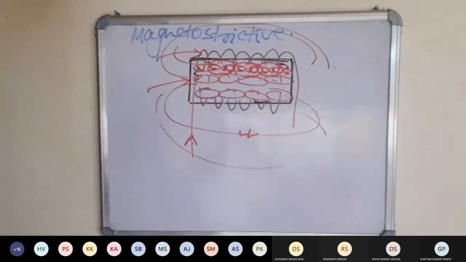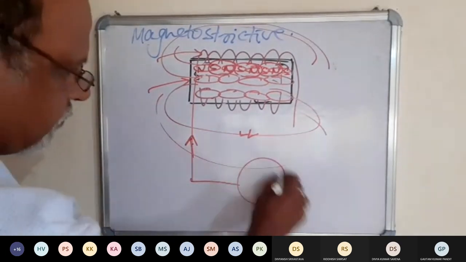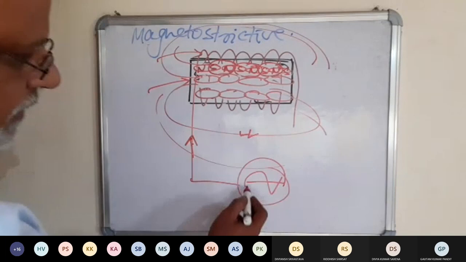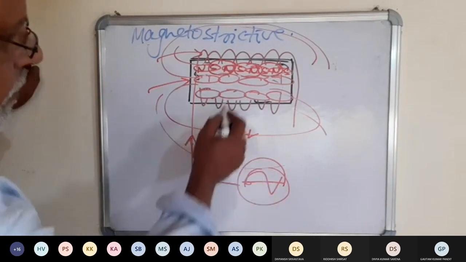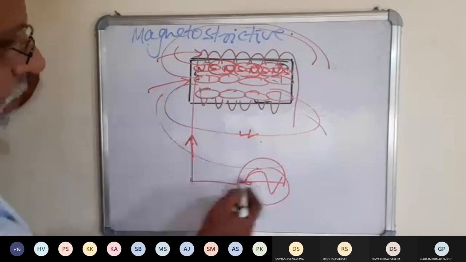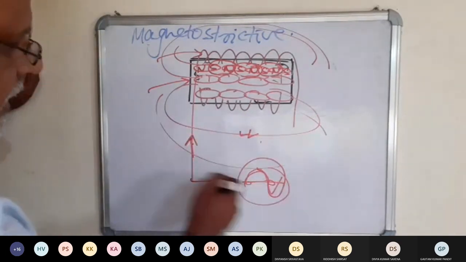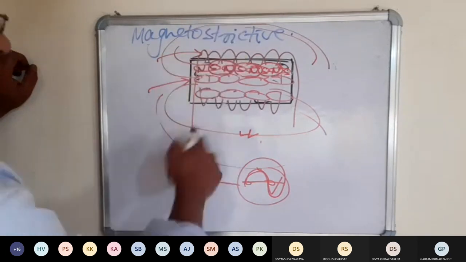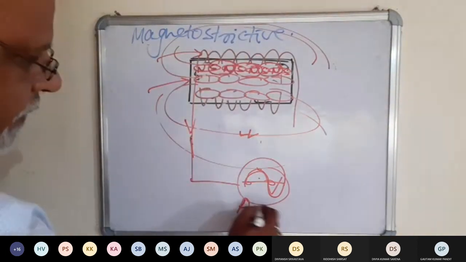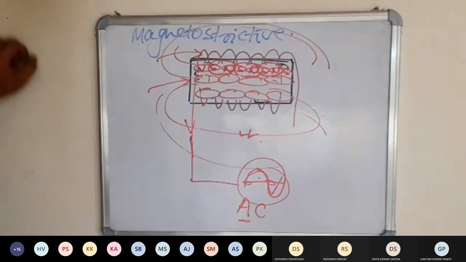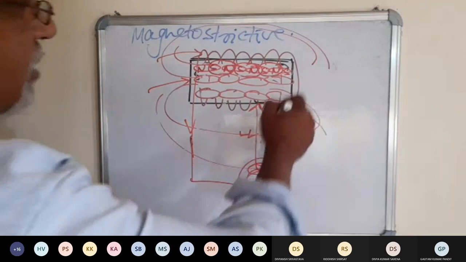So if we are applying alternating current, करंट जीरो, मैक्सिमम एक डायरेक्शन में, करंट मैक्सिमम हो गई, मैक्सिमम फील्ड क्रिएट हो गया, फिर जीरो हो गई, खत्म हो गया, फिर से उल्टे डायरेक्शन में करंट जो इधर को जा रही थी अब वापस करंट आएगी। तो अगर हमने यहाँ पे एसी दिया, ऑल्टरनेटिंग करंट दिया, तो इस साइकिल के लिए एक बार कॉन्ट्रैक्शन होगा, छोटा